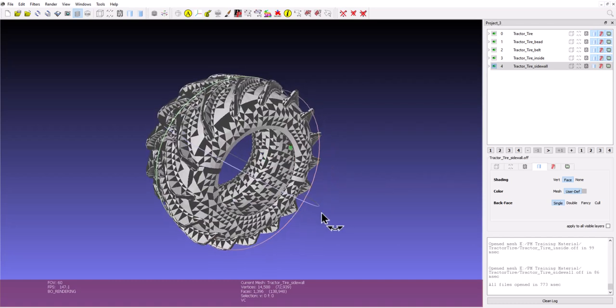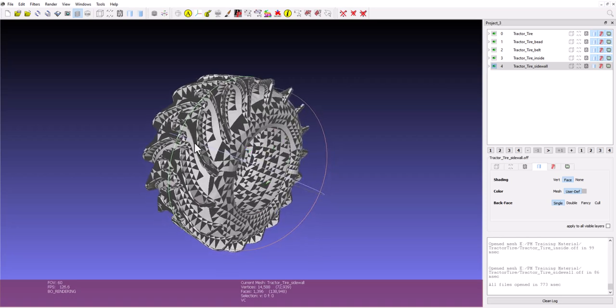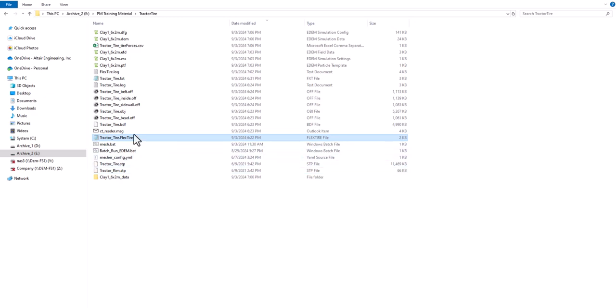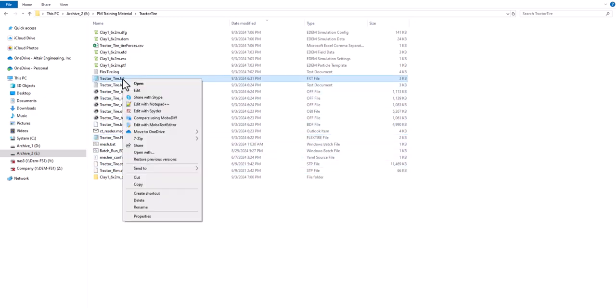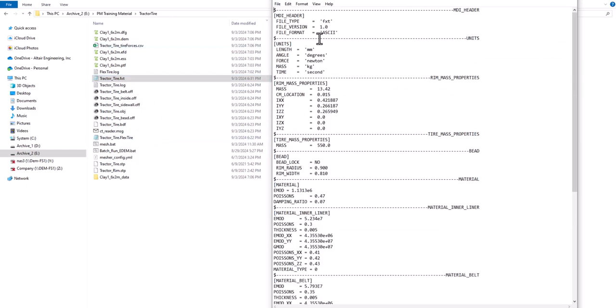Now in this case, you can see the surface elements of the lugs align well with the rest of the mesh, so everything looks appropriate. Another thing that I should point out that we skipped over previously is to take a look at the tractor_tire.ftx. This file is pointed to from the FlexTire file. I've also updated it with the appropriate units in the unit block, and in here is where you would specify